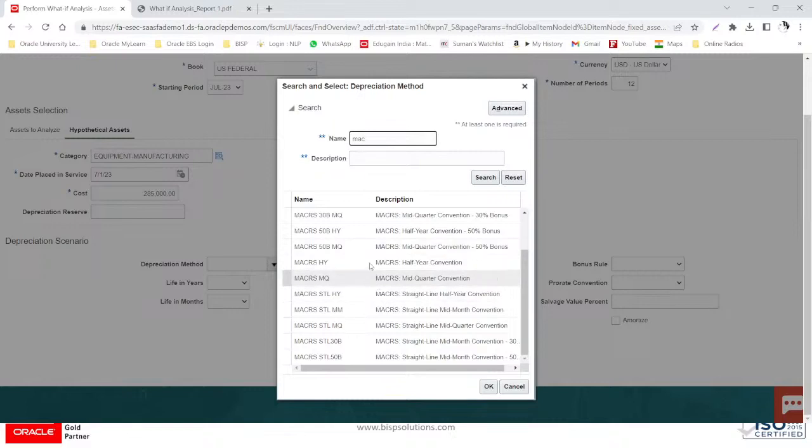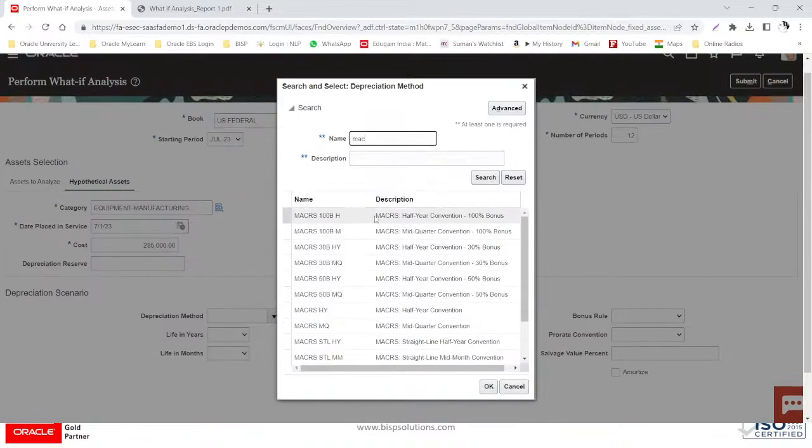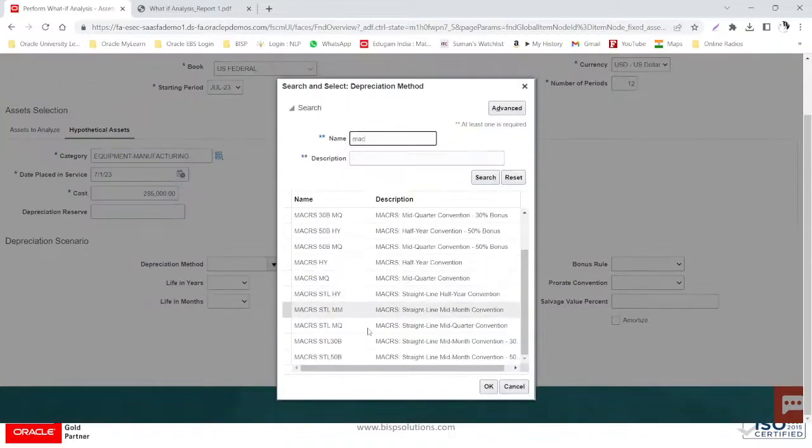Let me select that as a convention, as one of the conventions, so that we can understand that, right? So that is the mid quarter, or say, let me select that. This method I am selecting,